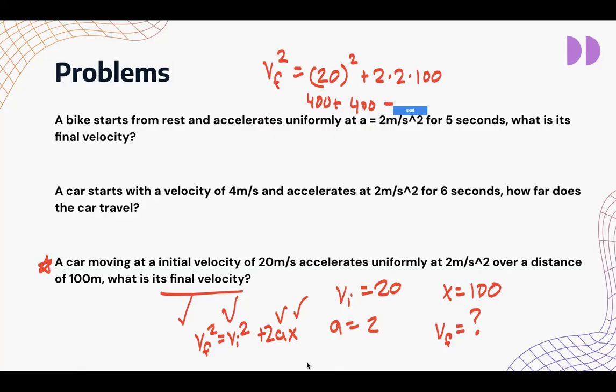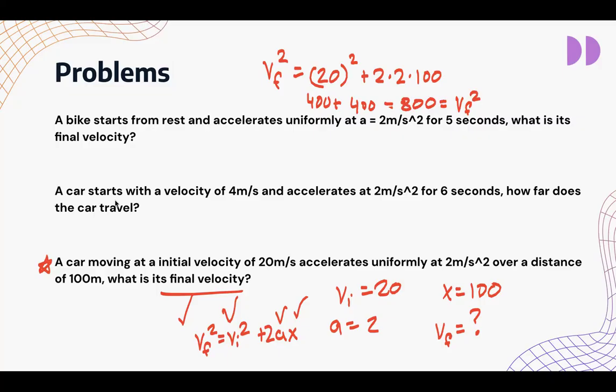Which is 800. And 800 is equal to VF squared, correct? So when 800 is equal to VF squared, either we can put this in decimal form or we can put it as